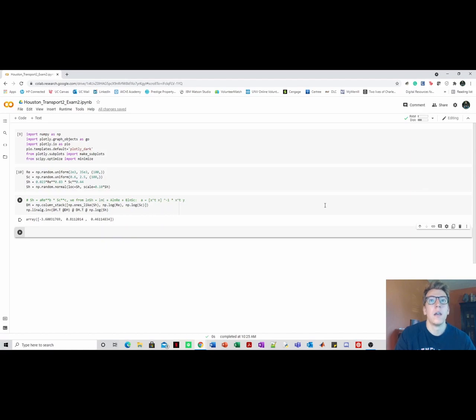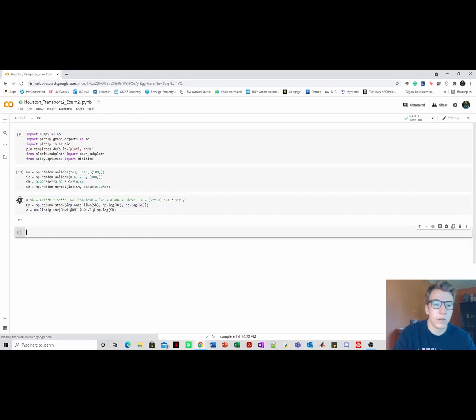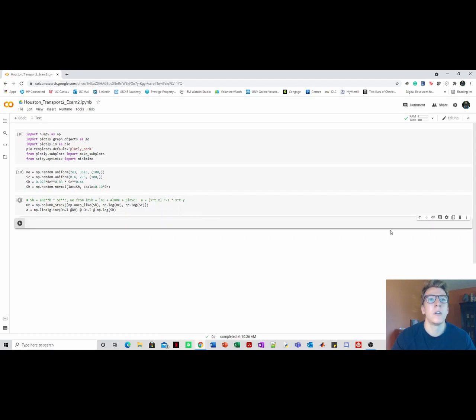So run that. And as you can see, we get that array produced of values which are somewhat close to what we were looking for. You can see they're off by a little bit, which is because of that 10% error that we had originally defined. So it's good to see that they are somewhat close. They're just randomly produced. And what we want to do is store that in a variable of a, and then Shift Enter. So now that we have that stored,